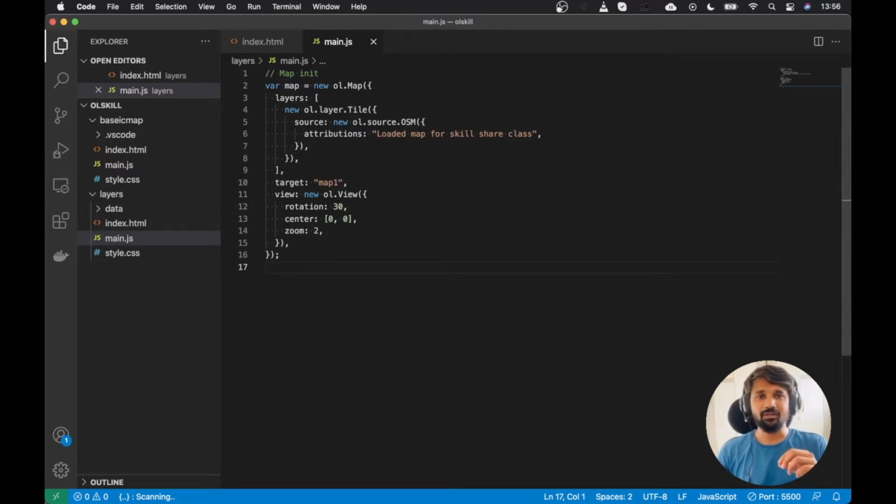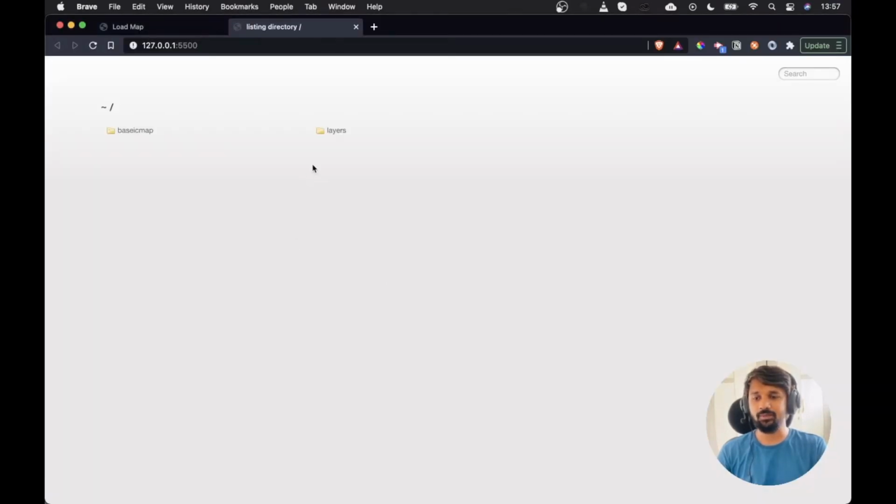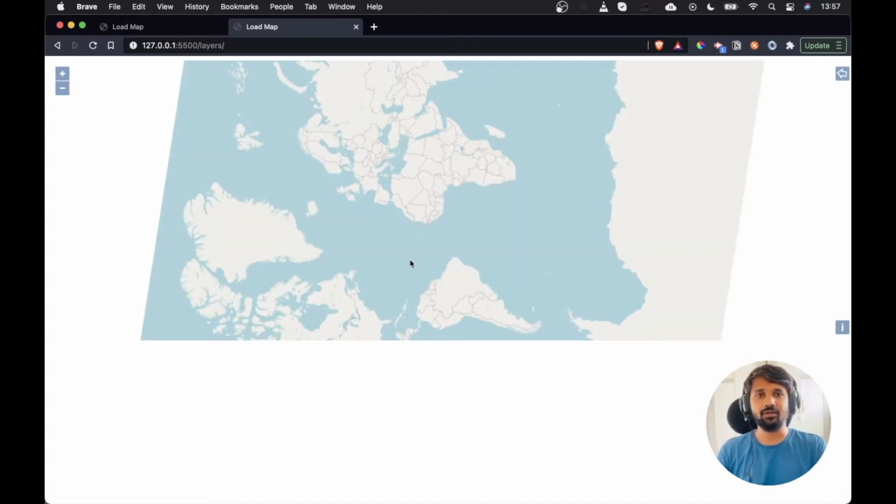Let's start with basically changing the base map. Until this point, we were using OpenStreetMap as our base map provider, but that is not the case. We are not just stuck with the OpenStreetMap as a base map. In this video, we will see what different providers are available right out of the box, and then how to use any custom provider such as Esri or Mapbox, something like that. First, I will make this map with rotation of 0.